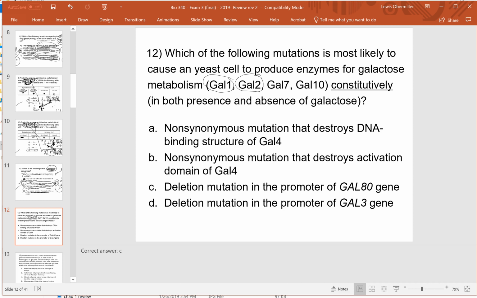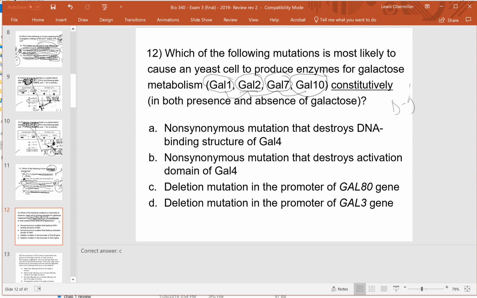It's the same as lactose, so remember, a permease allows it to enter into the cell. This is galactose transferase, and that has to do with the metabolic pathway. And then GAL10 is epimerase, and all these acting together ultimately produce from galactose